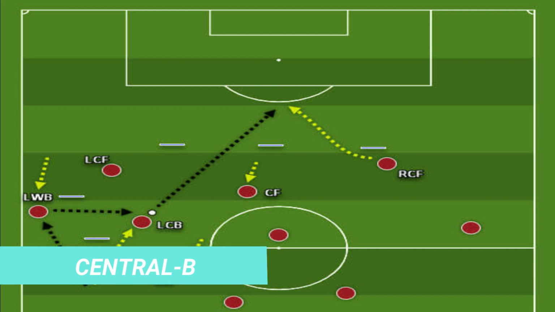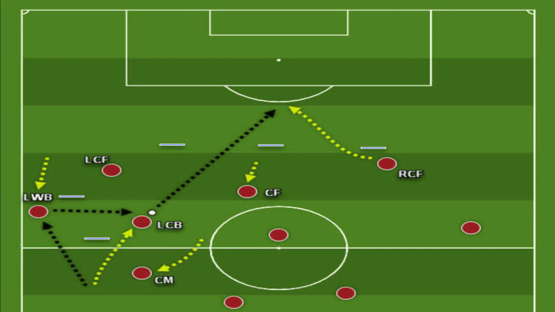Central B. As the left center-back plays the first pass forward to the left wing-back, he continues his run forward into the half-space. At the same time, the center midfielder drops into the space the left center-back came from. The center midfielder's movement is key for 2 reasons. First, he creates space for the left center-back to arrive unmarked on his run. Secondly, should the second pass be denied, then the center midfielder has offered an outlet to receive a pass back